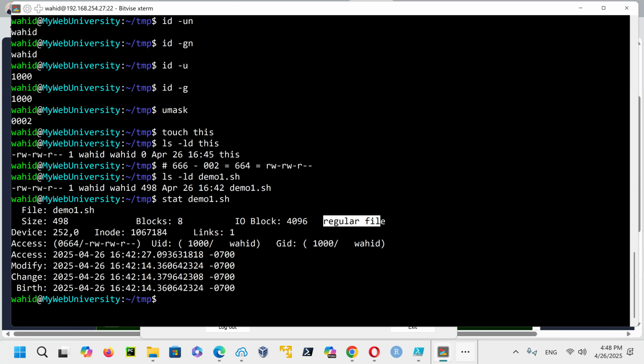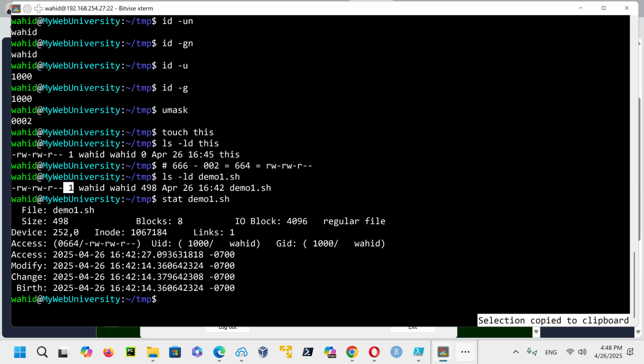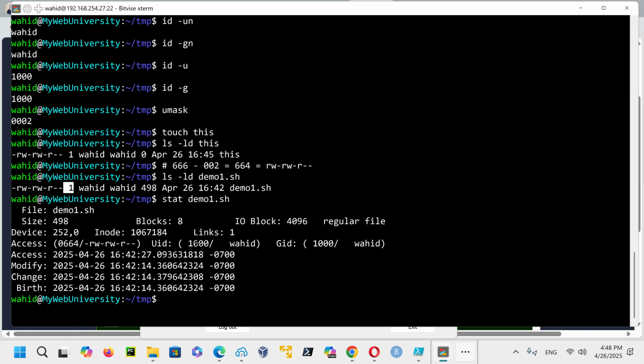So here size is 498, and then link, this file is linked once, and then the ownership of the user is Wahid. Group ID is also Wahid, and then those numbers are showing. But notice the access modification of all those ones, as well as the read-write permission issue. And then octal is 0664.